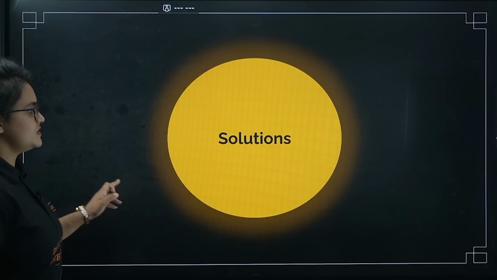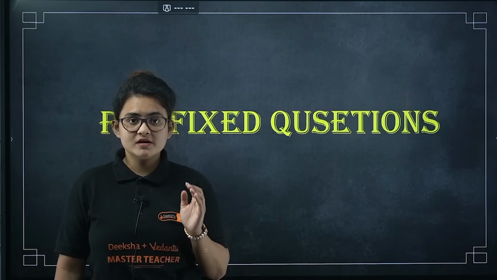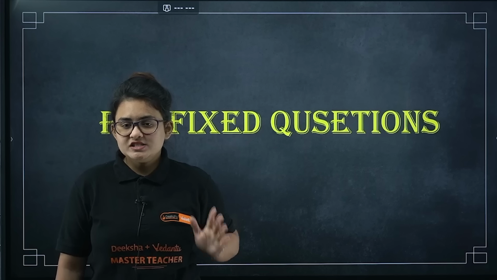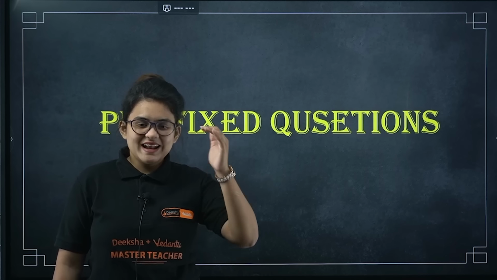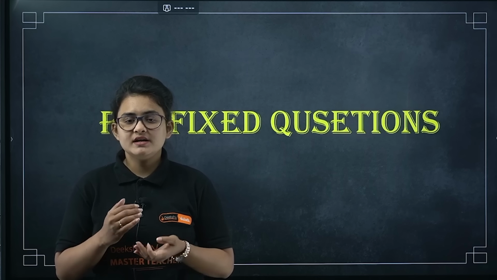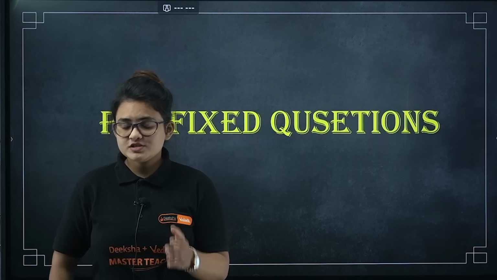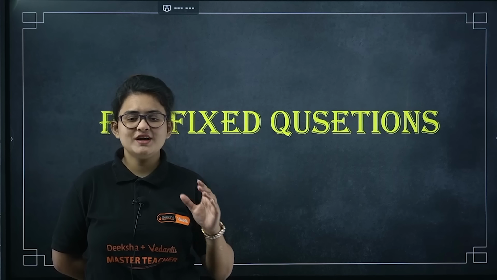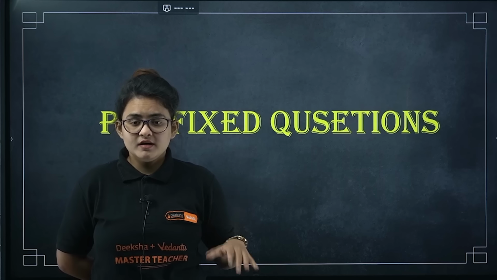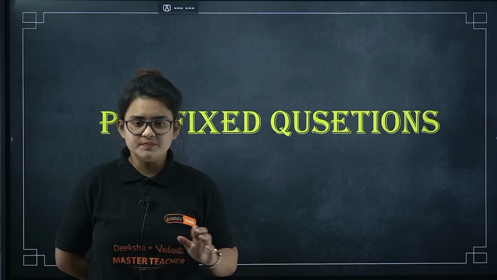From the solution chapter. Before starting, let me give you one idea to boost up your marks in case you are not prepared well. We have a total of 10 chapters, right? If you analyze them in accordance with your blueprint, solution, chemical kinetics and electrochemistry have the highest weightage. According to my suggestion, go ahead with solution and kinetics, because they are comparatively easier. In inorganic chemistry, go ahead with coordination chemistry.